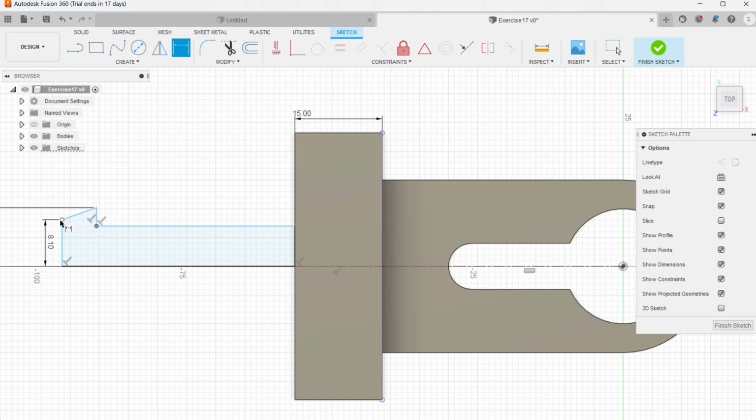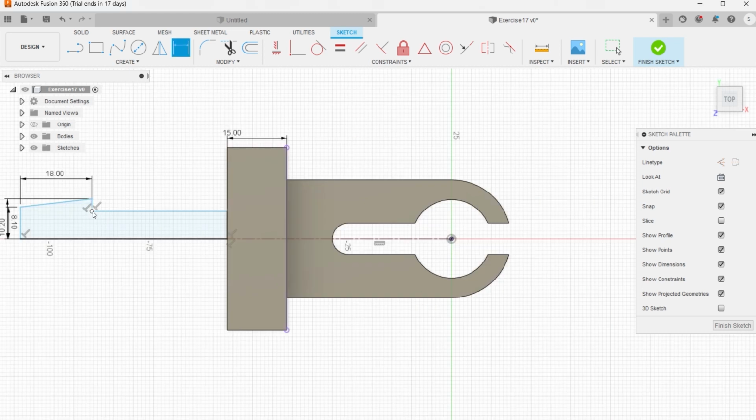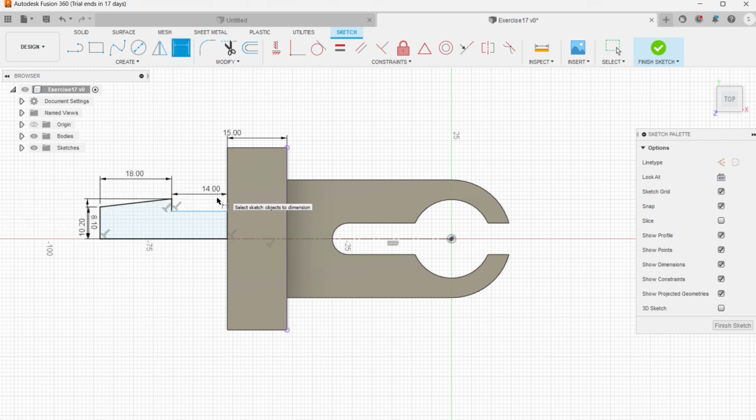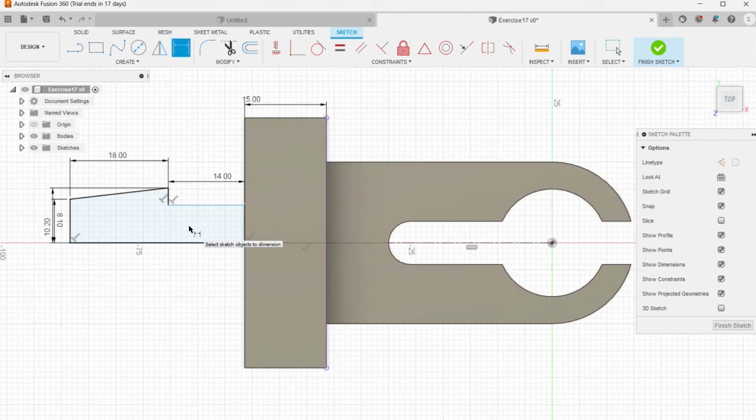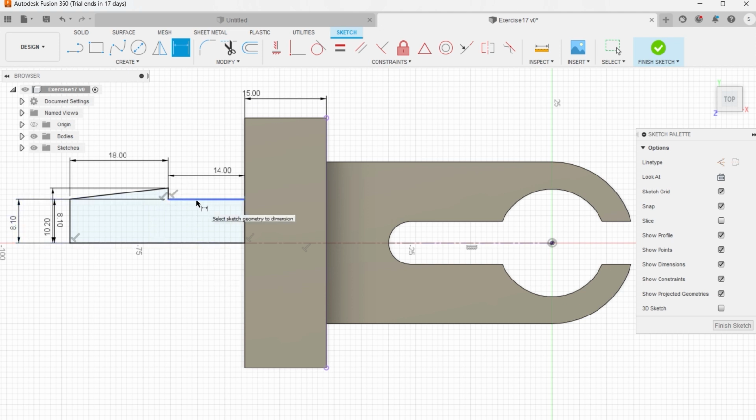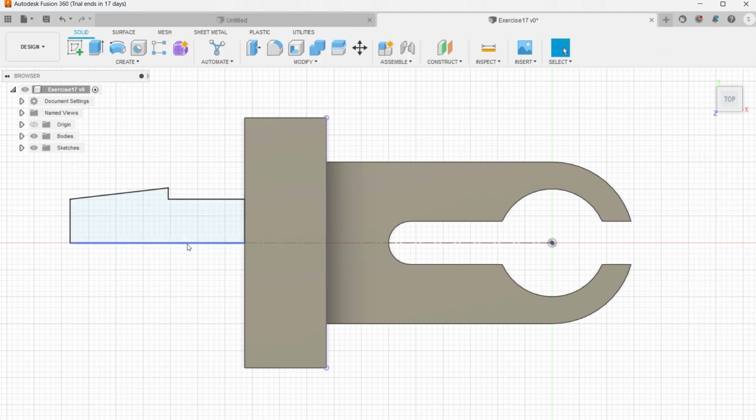From here to here is 18 millimeter, and from here to here is 14 millimeter. And again the distance from here to here will be again 8.1 millimeter. You can see it is black, so we can finish the sketch, and that will be revolved with respect to